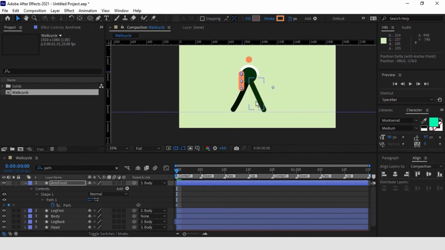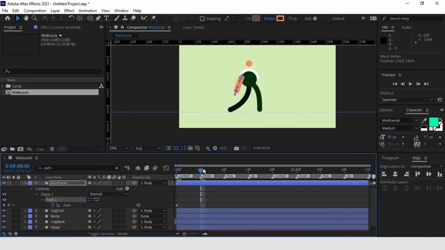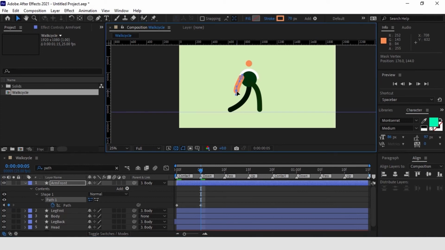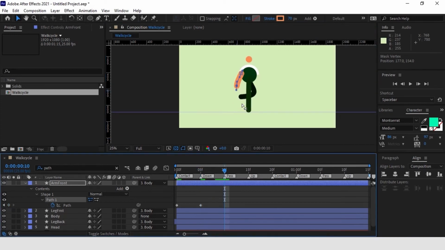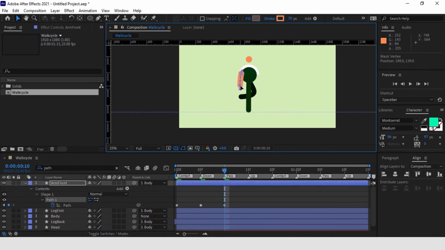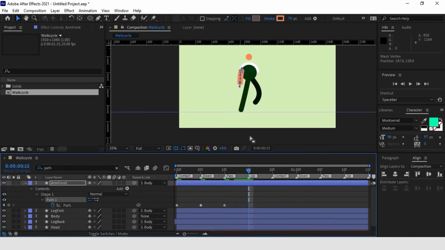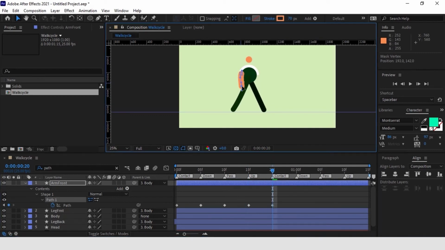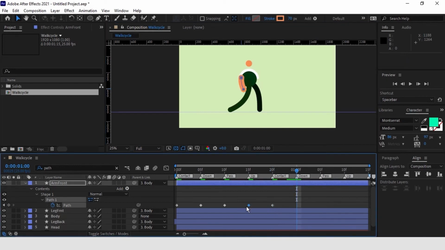The right arm will do the opposite. The first position is something like this, a little bit further back. Now in the middle for the pass. And then it starts to go up. And then it's at the top. And then we can copy these keyframes going out. So this one can move here, go a bit further out,